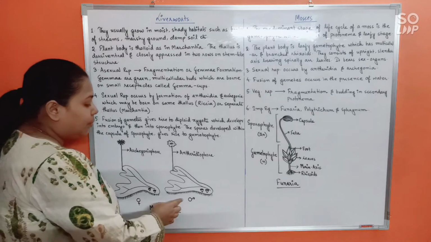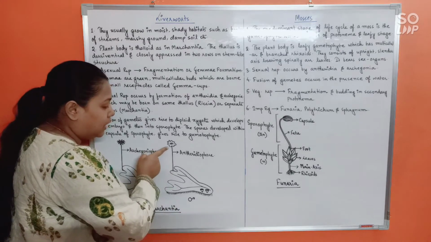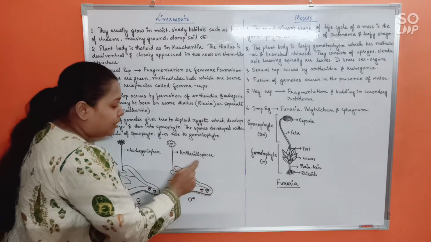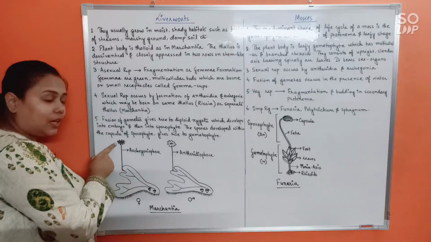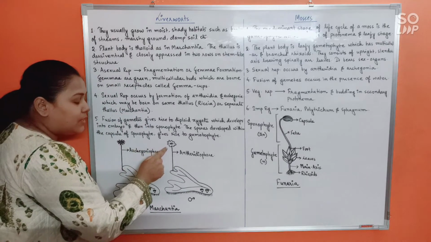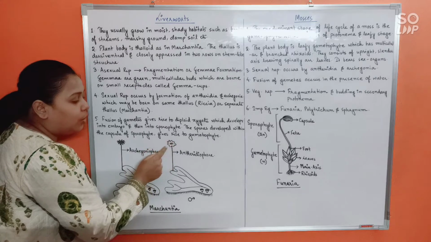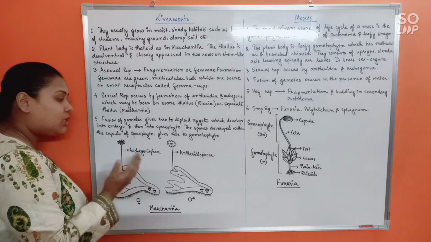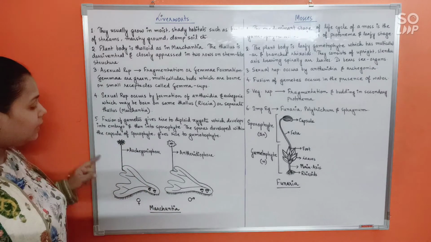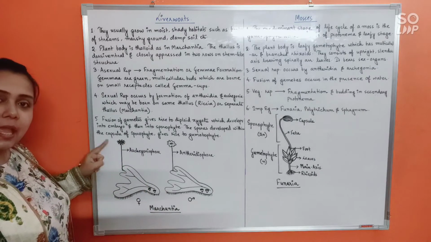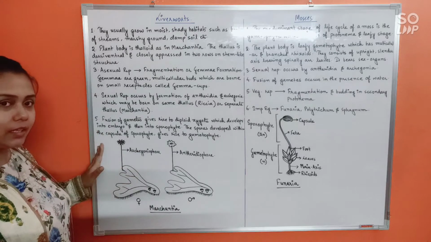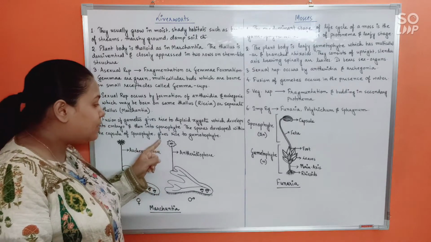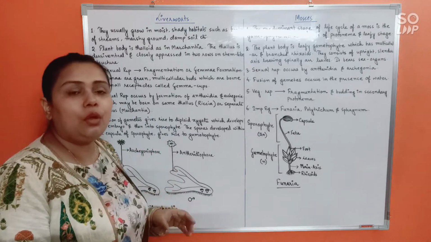On the other hand, in the male thallus you can see a similar receptacle which will bear antheridia, so we will call it antheridiophore. But then what's the difference? Here you can see ray-like structures, but here you can see some blunt-ended structures. These are called lobes. So this is how you differentiate in Marchantia thallus which is male and which is female. In the female thallus we have rays and the archegoniophore bearing the archegonia. In the case of the male thallus we have lobes, and these lobes will finally give rise to antheridia.